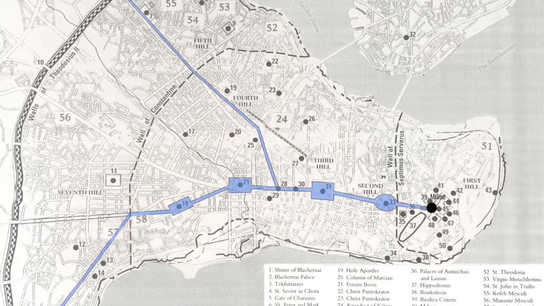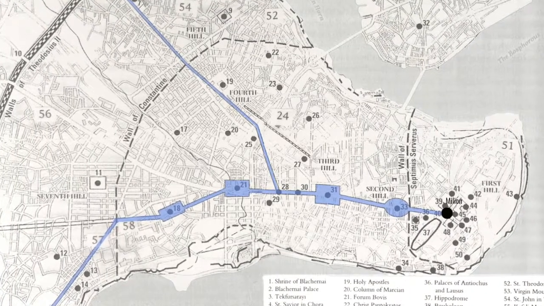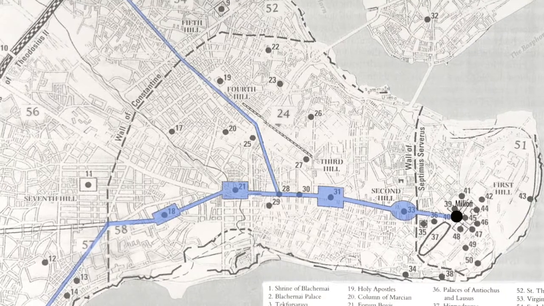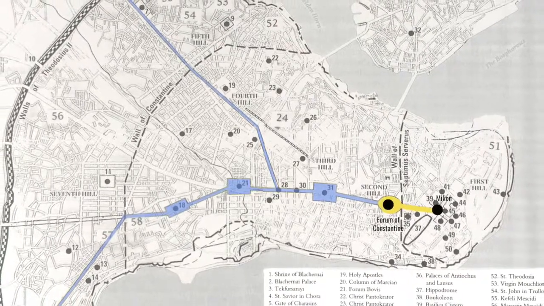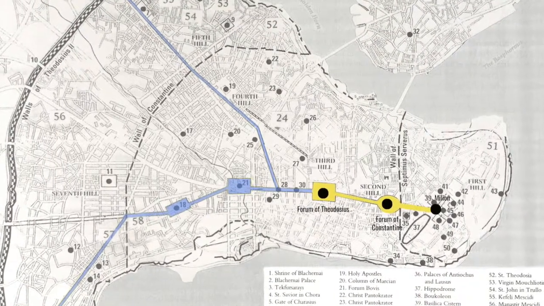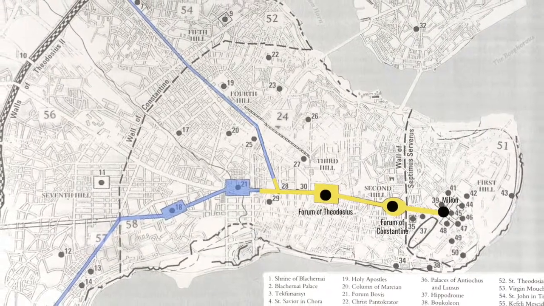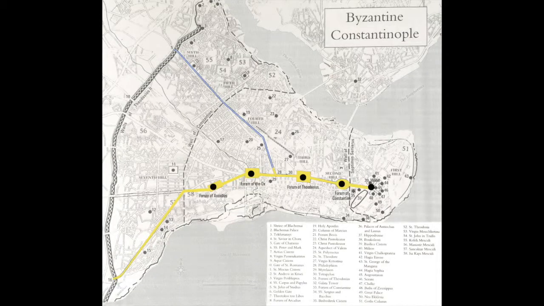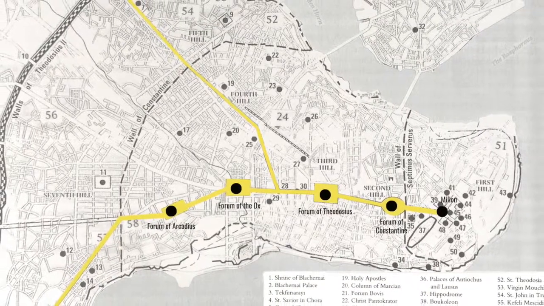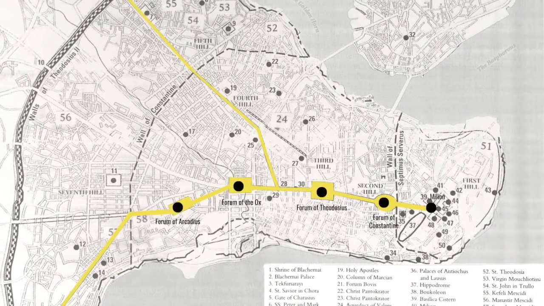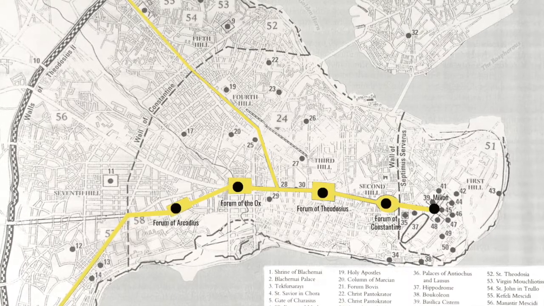Mese was the central avenue of the city throughout the Roman and Byzantine period. It started around the lively spot where the Milion once stood. Then it led to the Forum of Constantine. After that, it reached the Forum of Theodosius or Forum Tauri. After passing by Philadelphion, the road split into 2, one heading to the Forum of Arcadius and the other one towards Edirne Kapı. The one headed to Forum of Arcadius continues until Porta Aurea, the Golden Gate, which used to be the principal gate of the walls of Constantine.